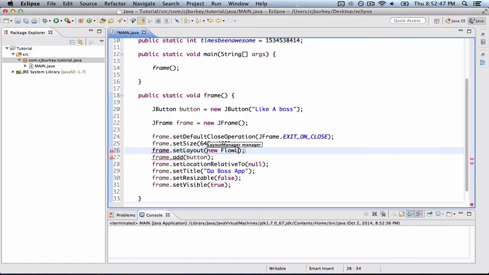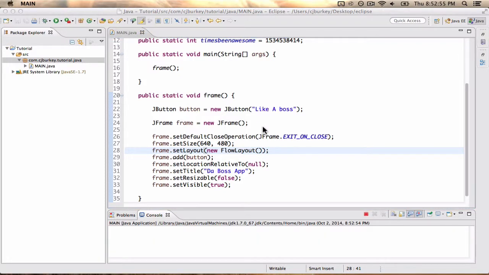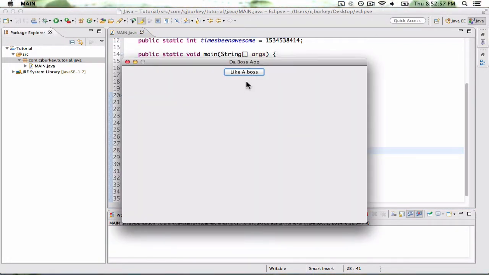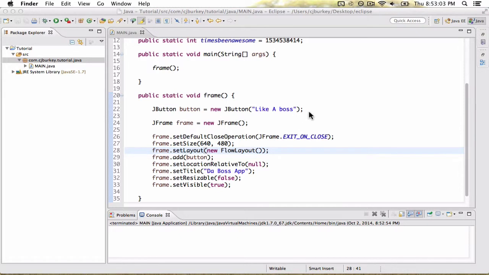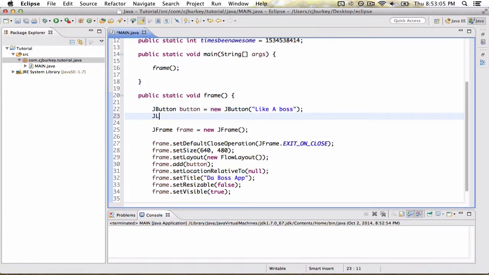I prefer FlowLayout for just creating a basic thing. A flow layout basically means it flows from left to right, centers, all of that. So with the flow layout, it looks like a button that we actually would want to click. That's great, and you can continue to do this for like JLabel. If I go label equals new JLabel,